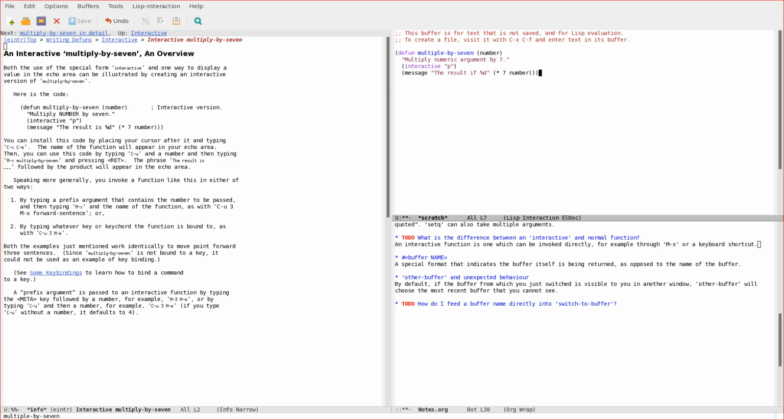And then I evaluate this, and that gives me multiple-by-7, which is not what I want. I want multiply-by-7. So that I can do Control-U and a number, and then call multiply-by-7 with Meta-X, and then that gives me 7 times